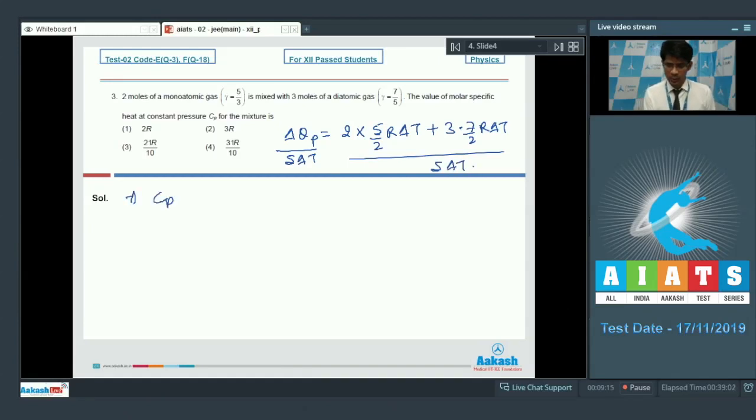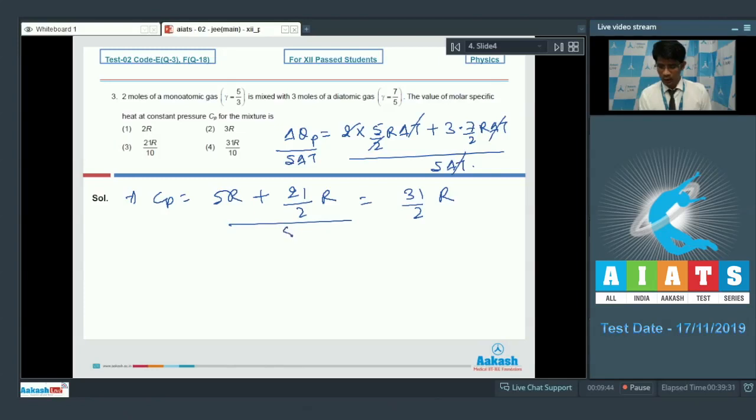So that is the specific heat capacity for the system there. I would say delta T will cancel out here. 5R from this side, and plus this is 21 by 2R, or effectively 21 plus 10, it will be 31 by 2R. Here we were having the one denominator term 5, so it will be 5 here, or effectively